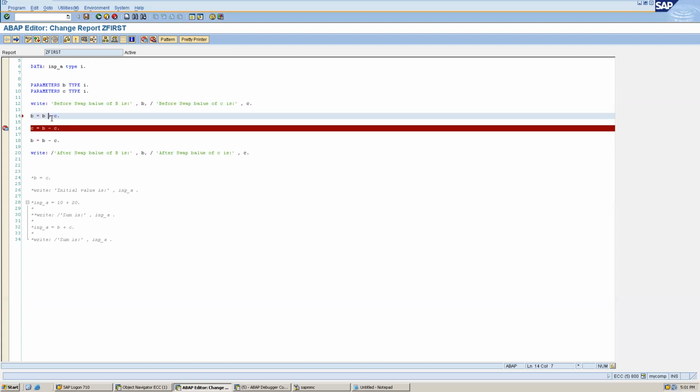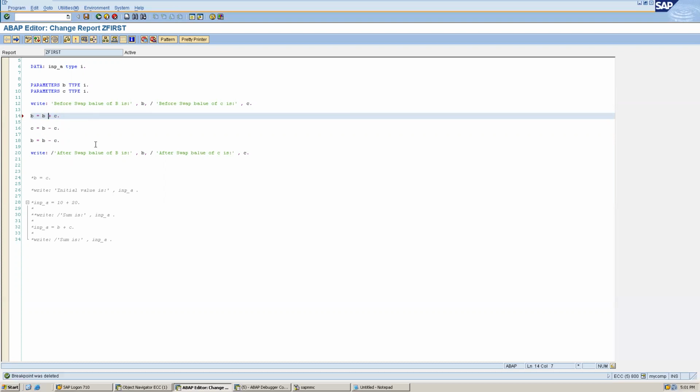Do we have to write in small letters only, or can we write in any case? Like I said, the program is not case sensitive. So if I write B also, it will not give any error. See, this B and this B are considered the same.